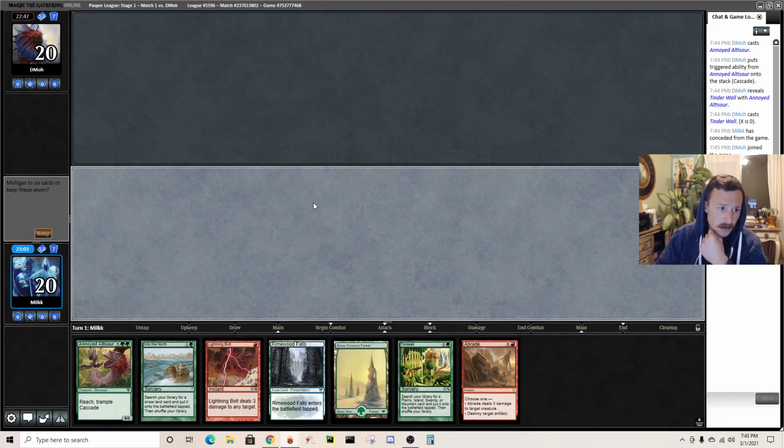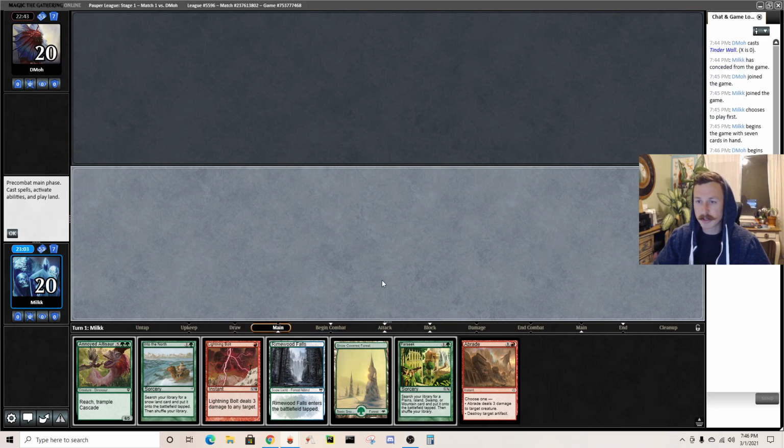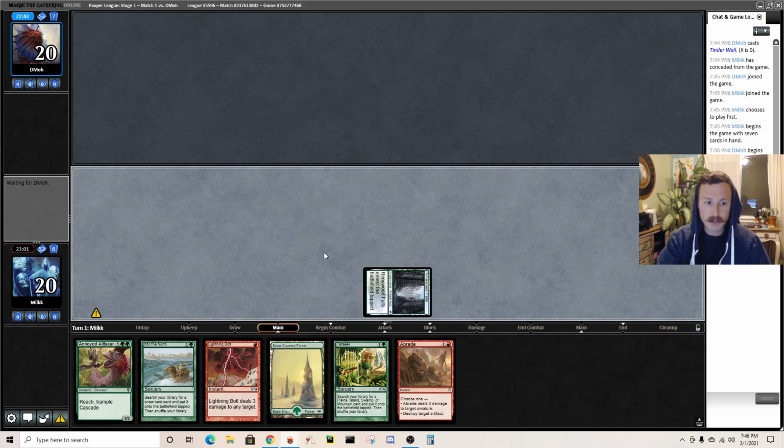All right, I mean, this hand's not great, but I have to keep it. We have a turn 2 Farseek and Into the North, and then we can start playing removal spells after that. So definitely a little bit clunky, but